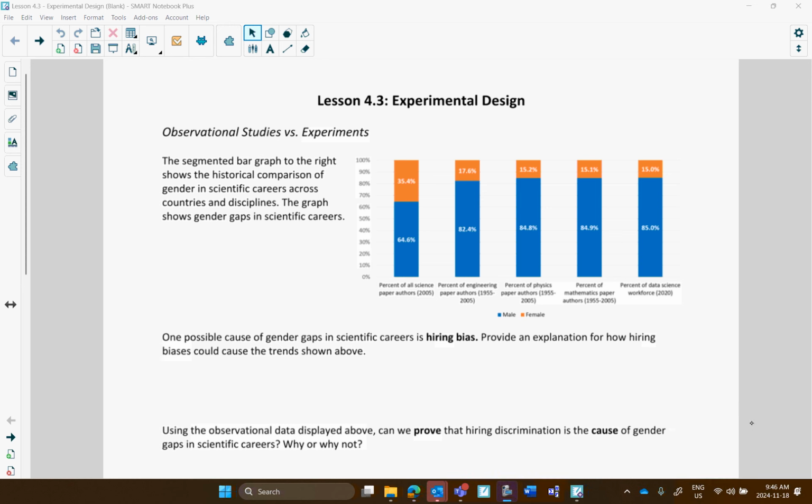So just to keep in mind what we've been doing here in this unit, we've been talking about all the different things involved in collecting data before we analyze it and then make conclusions from it. And we have talked about types of sampling, ones that are biased, ones that are not, in terms of random sampling. But really what we've done to this point is we've just looked at what we call observational studies.